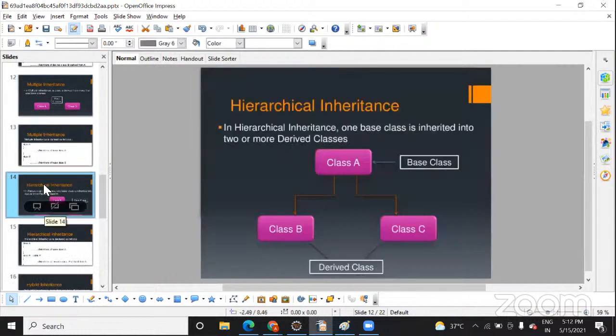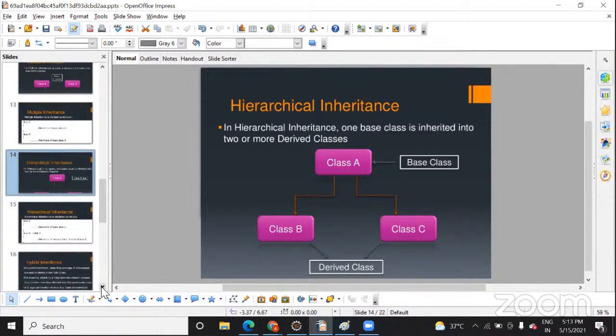Now the other thing is hierarchical, which is the opposite, meaning a single class inherited by two classes, like Windows XP inherited by Windows 7 and then Windows 8. So one base class is inherited by two classes, and then you can further derive and implement it in a different hierarchy. Now can you tell me, will these two classes inherit here? No, correct, because it will come under multiple inheritance.